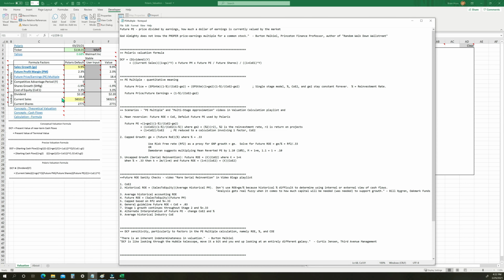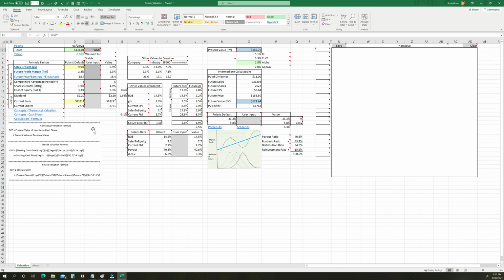Well, let's now back up here and talk about the future price earnings multiple and the kinds of things you need to think through if you're going to be overriding the default value. I want to quickly point out that there are 3 videos whose links are provided in the worksheet. One here, when you click on future price earnings PE multiple here, you'll be taken to a video that discusses much of what we're talking about